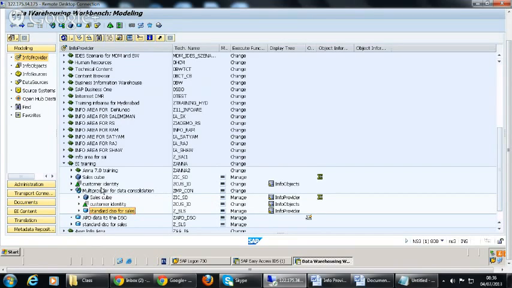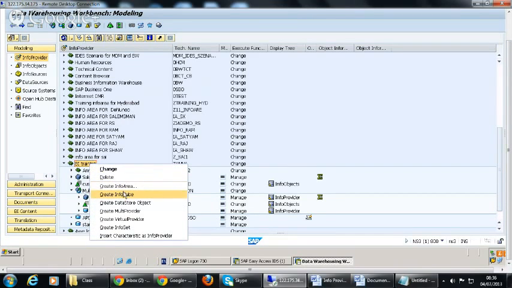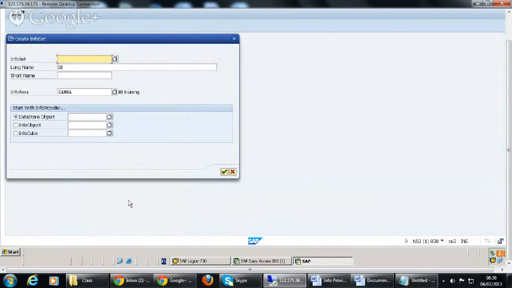Here you have to go to the info area, right click on info area, and create info sets.